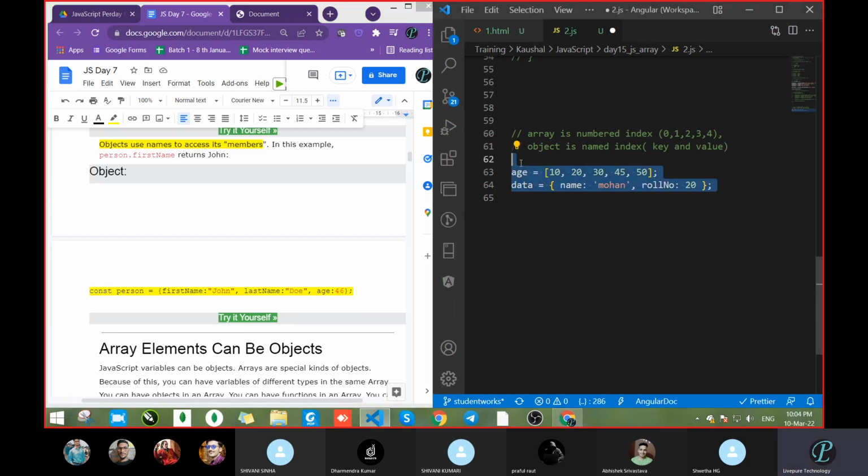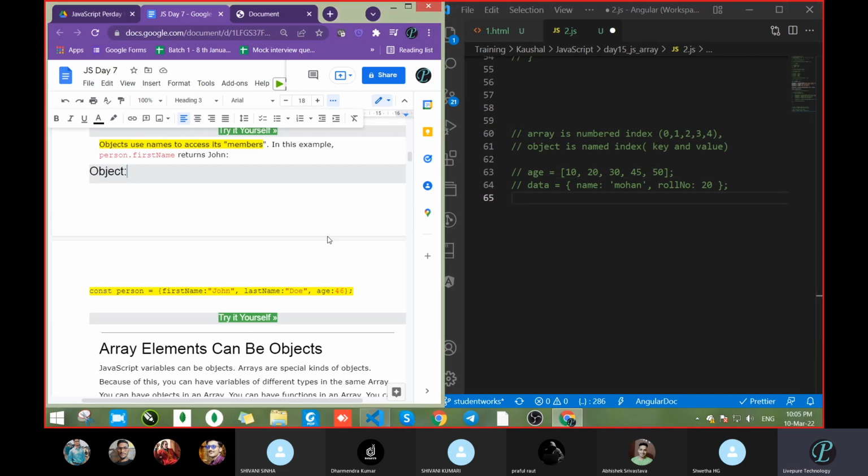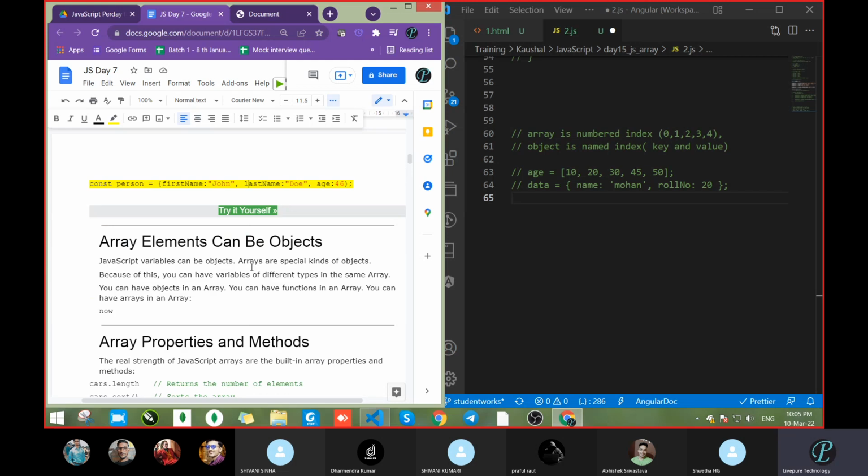This is the best definition you can give of object and array. Clear? And this is how you can create the data. I don't think anyone has confusion now about how to access data and how to create an object or an array.